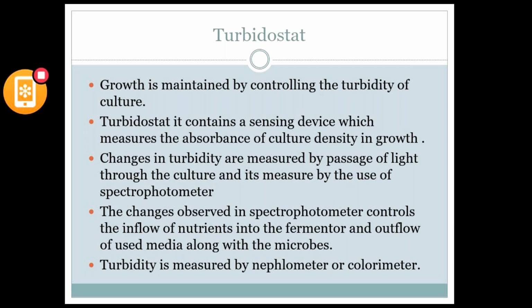Next, coming to turbidostat. Here the growth is maintained by using turbidity. We all know what turbidity means. When we pass a light, let us assume an empty room, and the light focuses from one end of the room. When one person enters the room, the light can be observed clearly at the other end. When a group of 10 members enter, the light focusing on the other end will reduce.